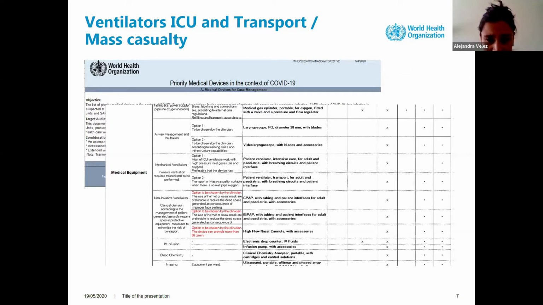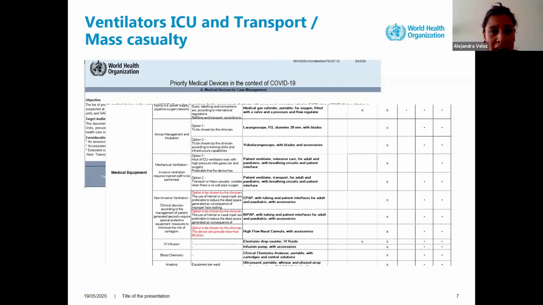As you can see on the screen, there are some comments regarding how to select one or other equipment, because it doesn't mean that you need all of them for the same things. You need to assess your infrastructure, your clinical staff, etc., to take a decision. In this list, we are also recommending, according to the level of care, what is the minimum to be